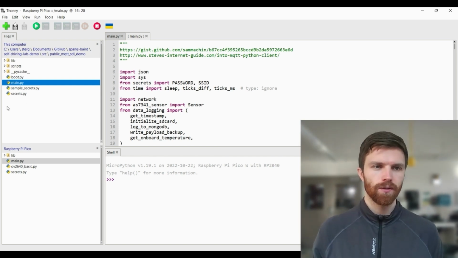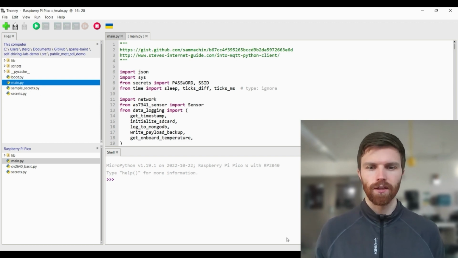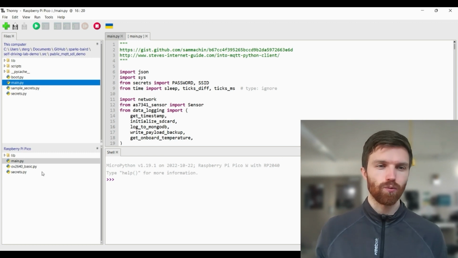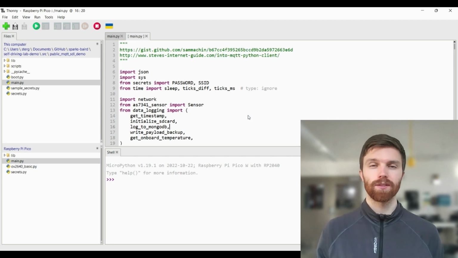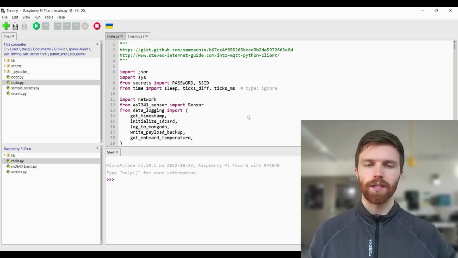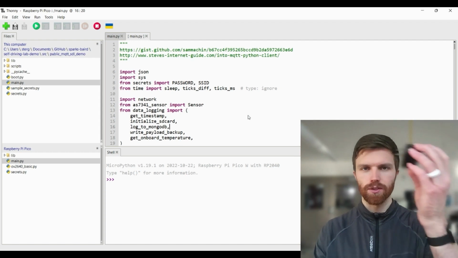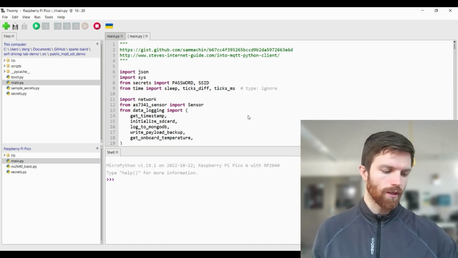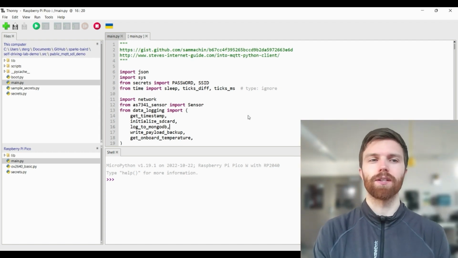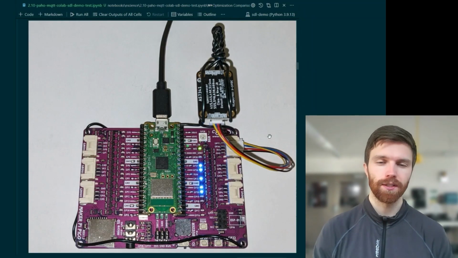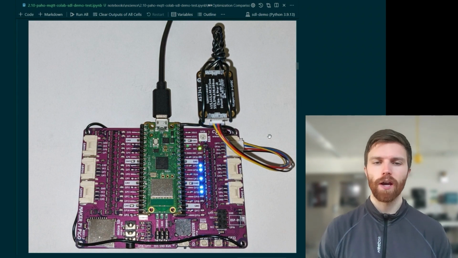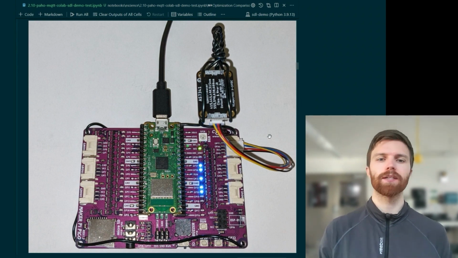We upload our code, make sure that we have the proper credentials saved in this secrets.py file, and then we can either run it manually from here, or we can simply unplug it and plug it into a power source, just some wall wart, and it will automatically run this main.py program that we put on. Once we have that up and running, connected to a Wi-Fi network, and we see that the LED is blinking,